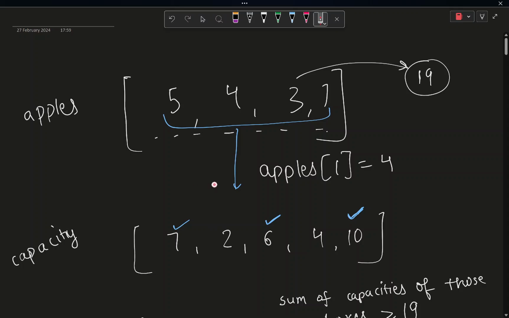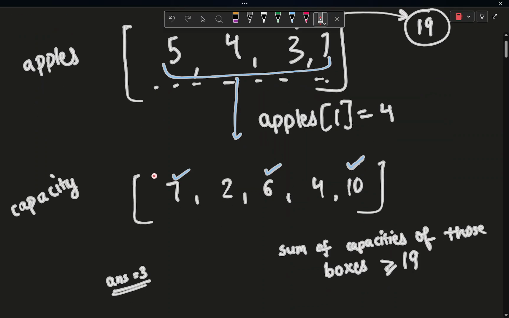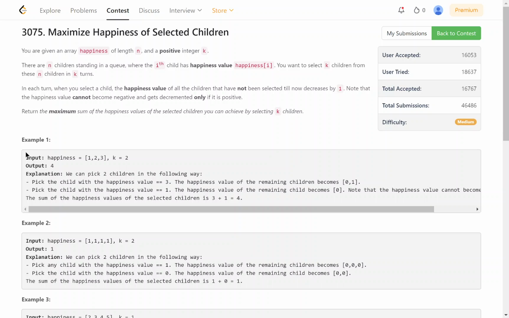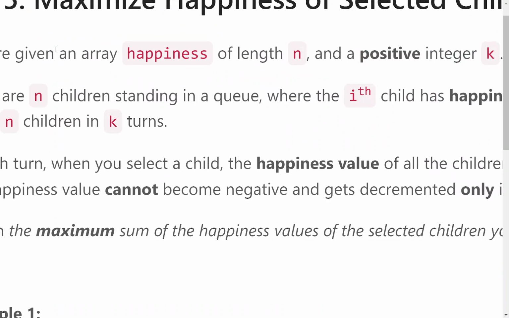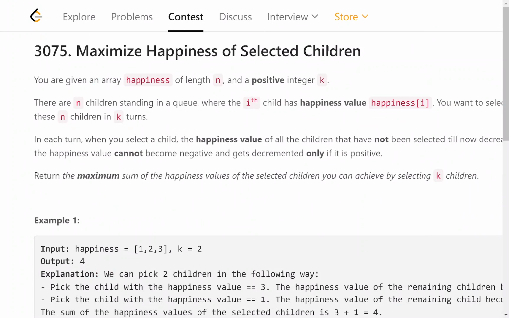Let us go to the B problem. Now for the B problem, it is similar to the A1, like the solution is almost only that much harder. But I think that for a B problem, this is a bit easy. Generally B problem can be a bit more hard. So what we have been given here is, first of all, the name of the problem is maximize happiness of